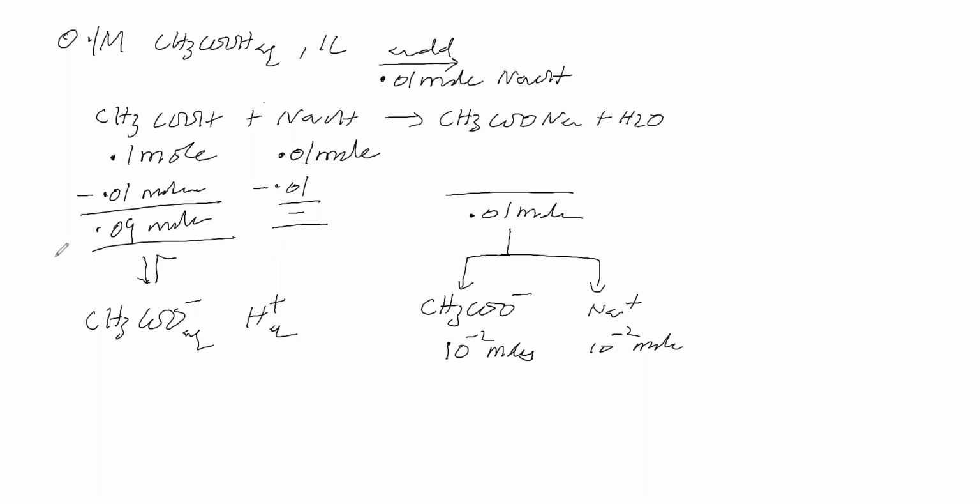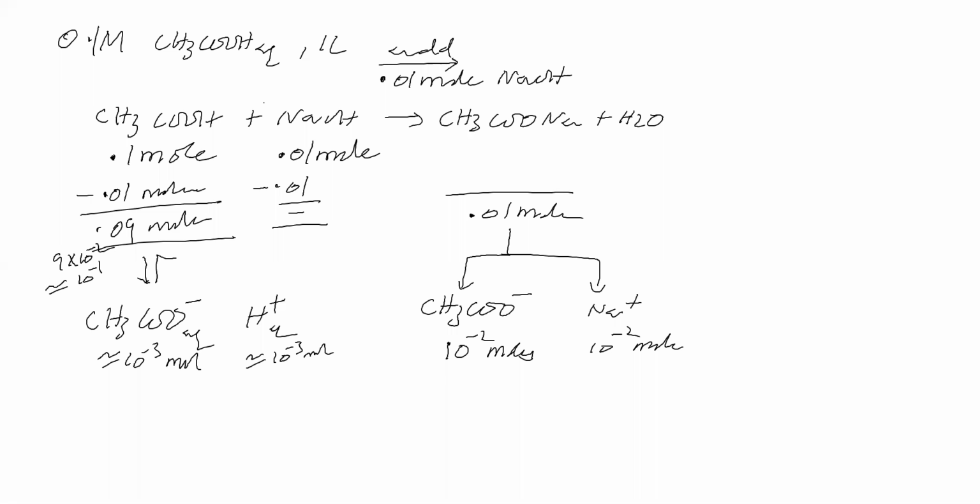See, this we can say roughly is 9 into 10 to the power of minus 2. This we can take roughly as 10 to the power of minus 1. And this we can take roughly as 10 to the power of minus 3 mole from the acid dissociation constant. From the equilibrium constant we can get 10 to the power of minus 3 mole. Roughly we can take like this.